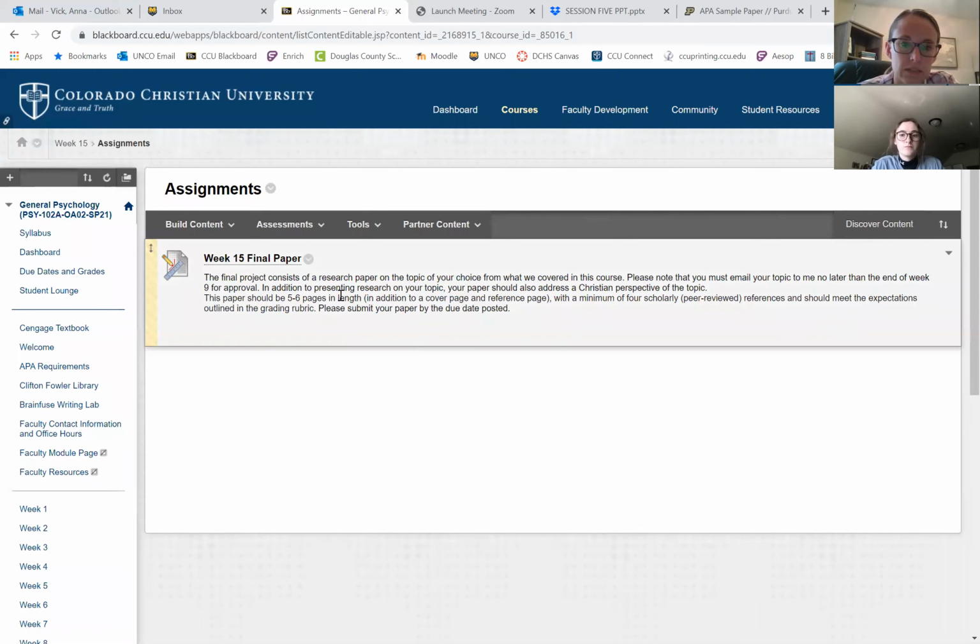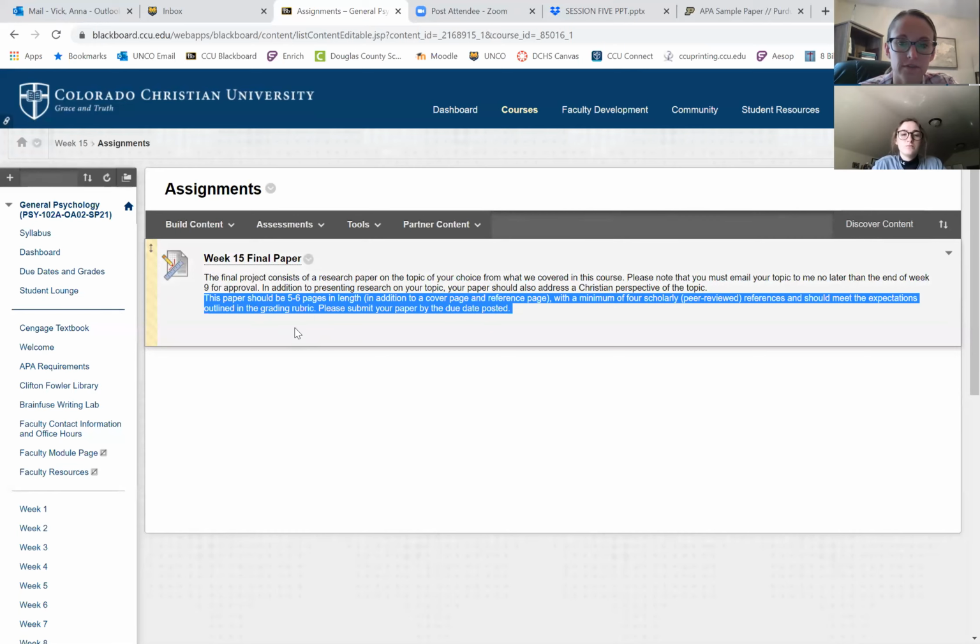So the paper is 5 to 6 pages. It's okay to go a little bit past this, but it's not good to go under the 5. That would result in some points off, because we really need this to be a bulky paper and to have the depth of analysis, diving into this comprehensive description of what you're researching. And it's just a really cool opportunity to demonstrate the learning that we've all done in the course. So this little final paragraph here will hit on 5 to 6 pages.